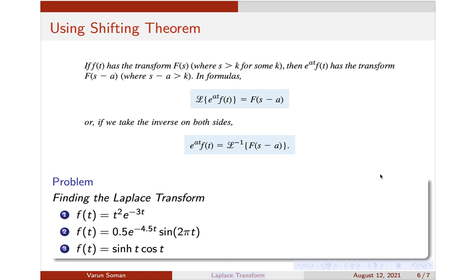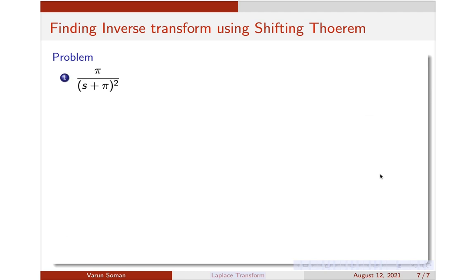Okay, so how will you do that? For example, I need to find the inverse transform of pi by (s plus pi) square. Before doing it directly, I'll try to find what my F of s is here. What is F of s? This is actually pi by s square. The only thing is that it is occurring here as F of s plus pi. Here F of s is pi by s square. The inverse transform of this you already know is, because of linearity, pi into t, t raised to 1 by 1 factorial. So this is the inverse transform of pi by s square: pi into t.